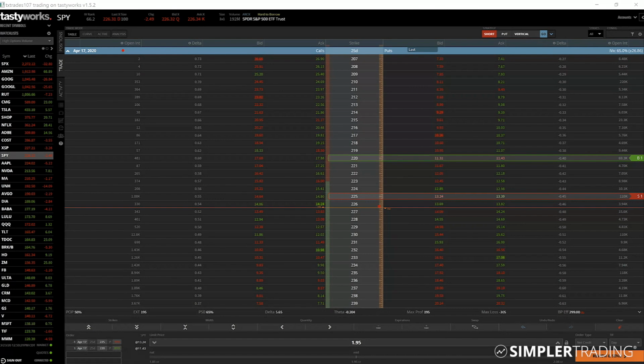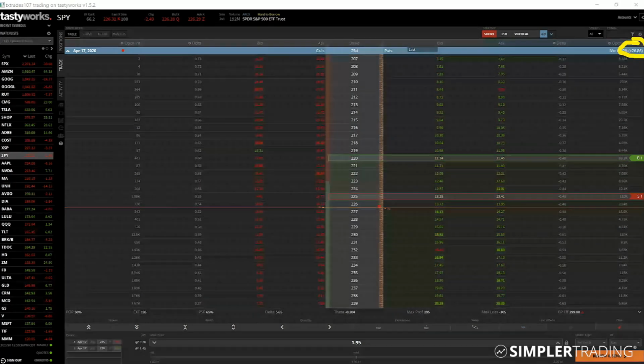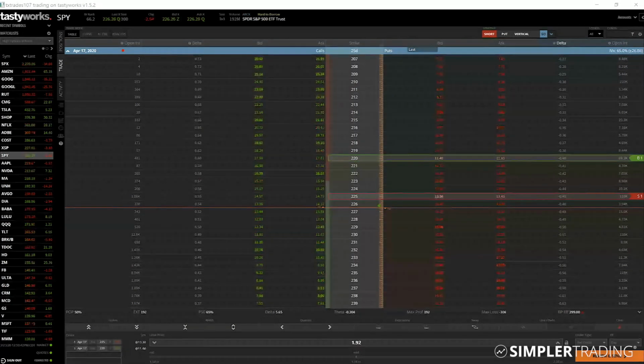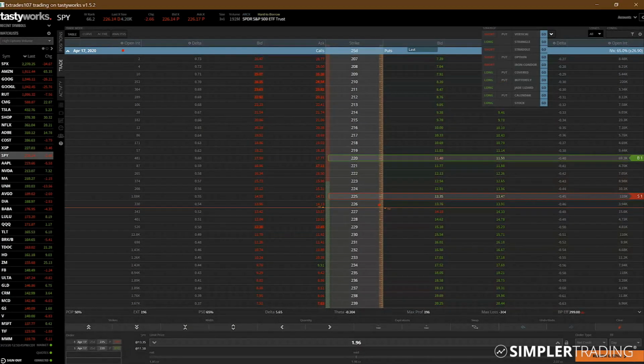Now, let's say that you wanted to do something similar, but you don't want as much direction. Here, with this particular trade, even though it's only 5 wide, which is really small in this market, the expected move is 27, and we're only 5 wide. Let's say that instead you wanted to take even less risk. Let's say that you like the market, but you want to take less risk than that. Well, another option for you, and this is the second strategy, keeping in mind I'm doing all the examples as long trades,